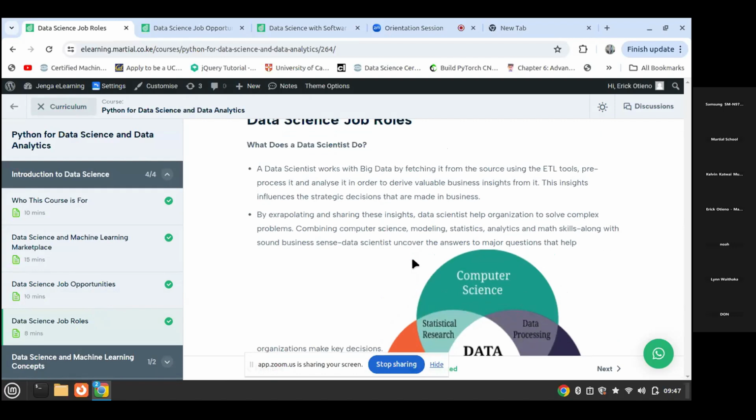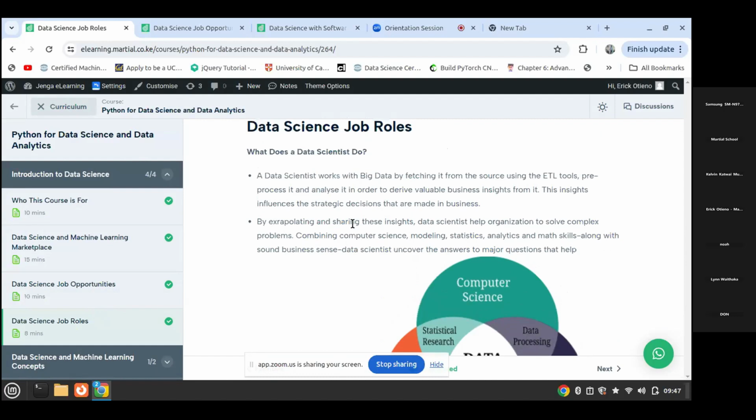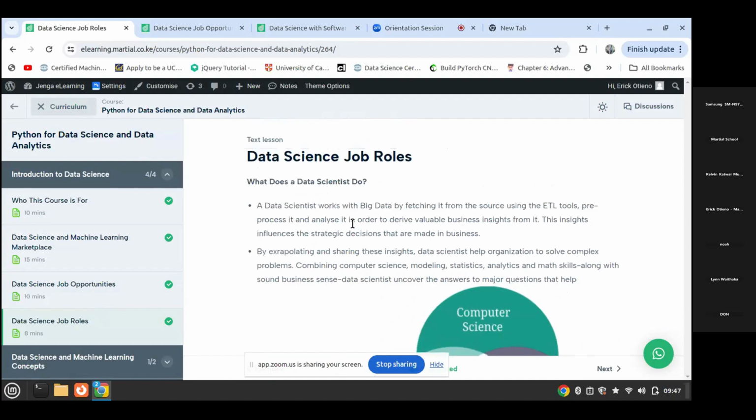So, what does a data scientist do? This is your role. A data scientist works with data by first fetching it from the source using ETL tools. ETL stands for extraction, transformation, and loading.